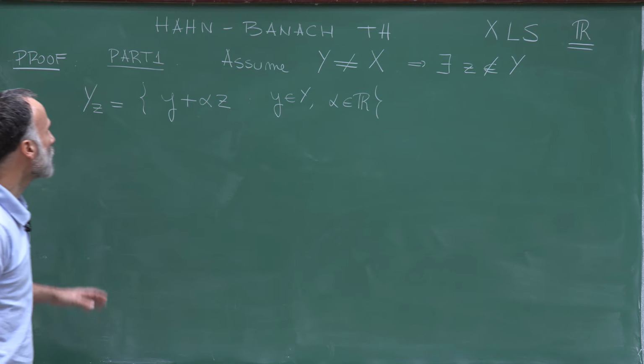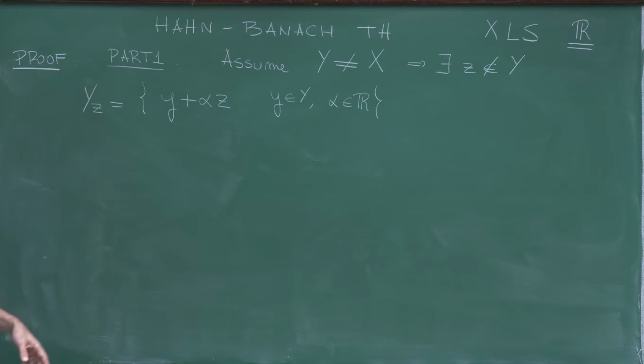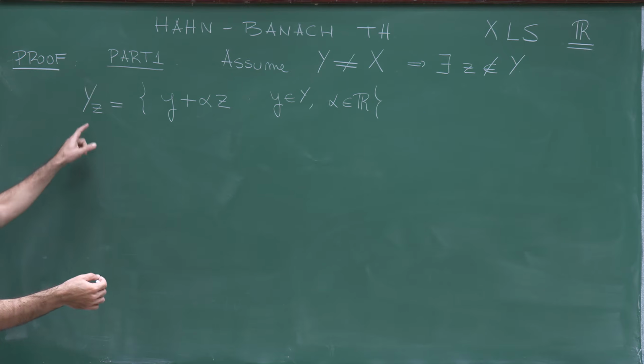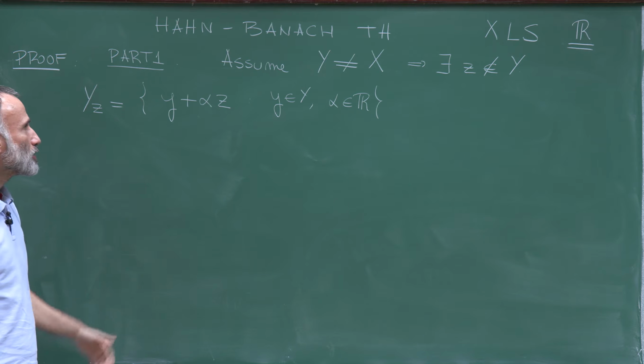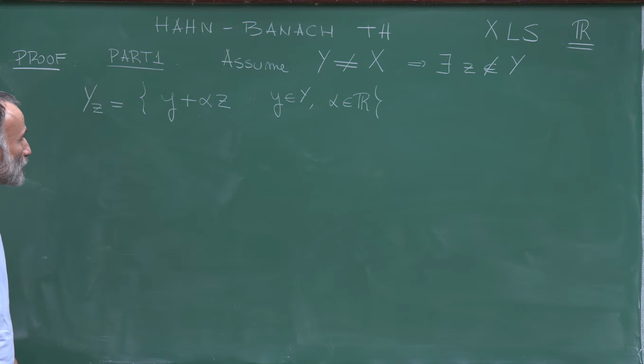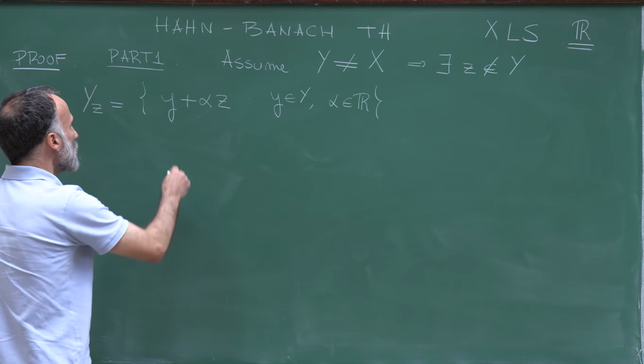So this is my space Y + Rz. It's clear that Y is linear. If you take Y + Rz, it's linear. You take 2 points in Y + Rz, you sum them up, you get a new point in Y + Rz. If you multiply that by a scalar, you get a new point in Y + Rz. And also, what I claim is that